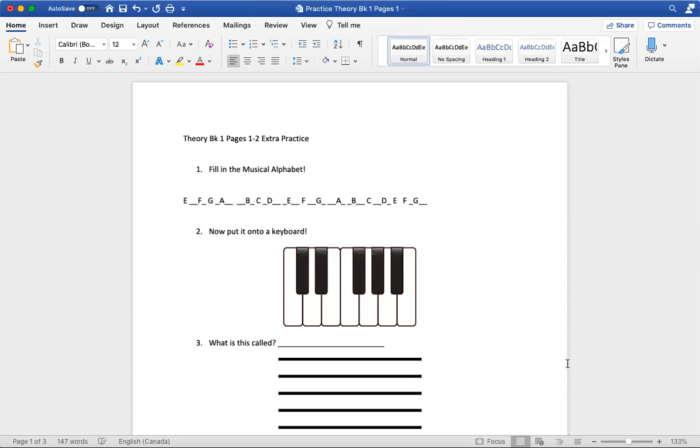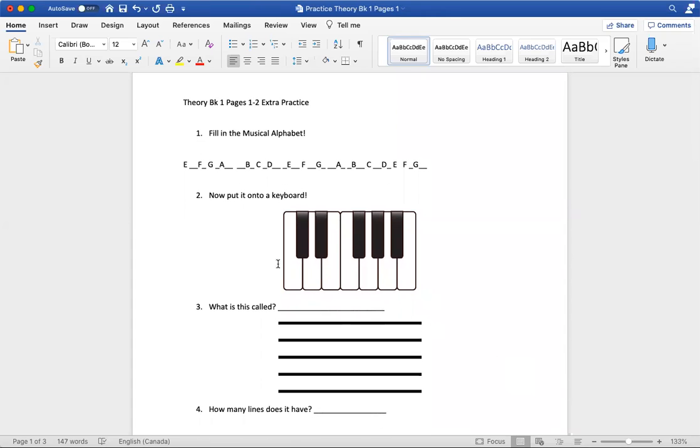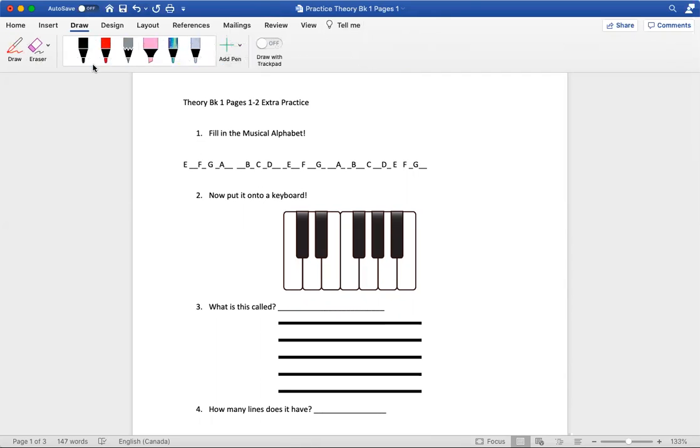Now we're going to put it onto the keyboard. On the one you have, it's a little bit easier because it gives you some of the letters, but I didn't think you needed it when we did this. So we find our two black keys, and in between our two black keys is our D. After D in our musical alphabet, we can cheat by looking up here. D, E, F,